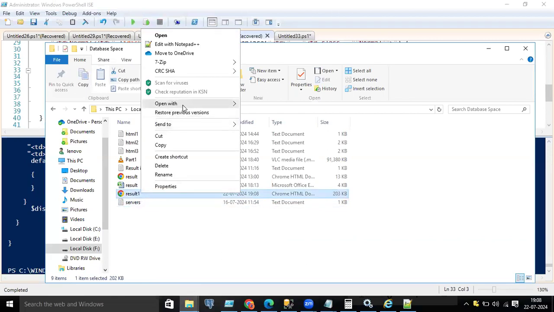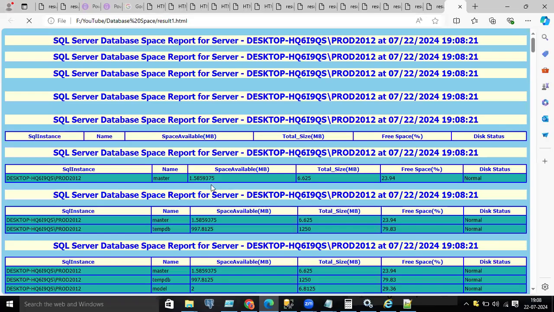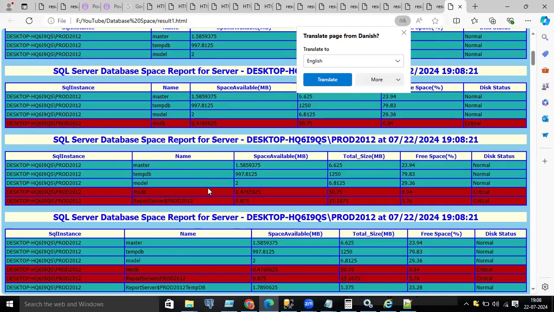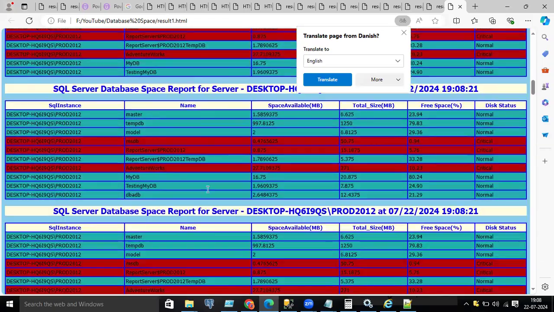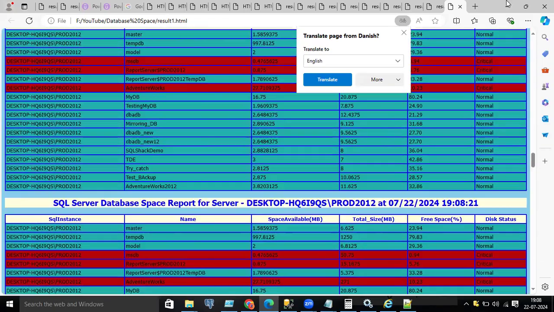Right click on this, open with Chrome. So this time you can see this. Oh, well, what is this? Wait 1 second. There is some